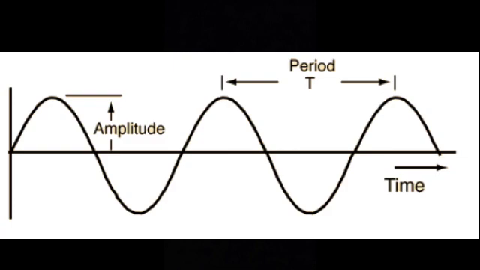A simple pendulum consists of a small metallic ball or a piece of stone suspended from a rigid stand by a thread. The metallic ball is called the bob of the pendulum. This shows the pendulum at rest in its mean position. When the bob of the pendulum is released after taking it slightly to one side, it begins to move to and fro.